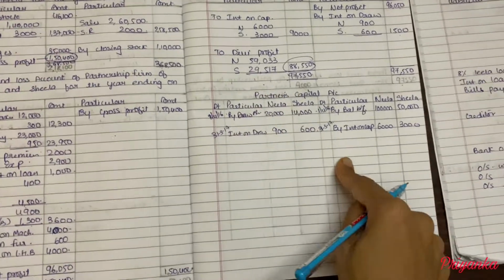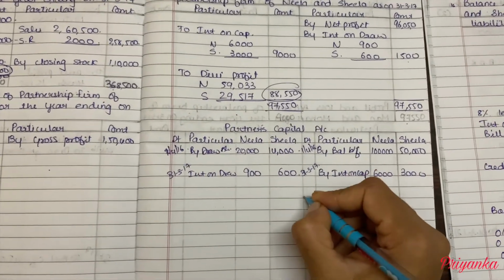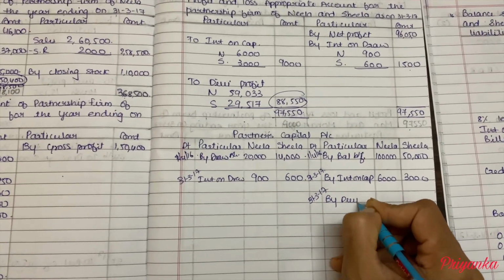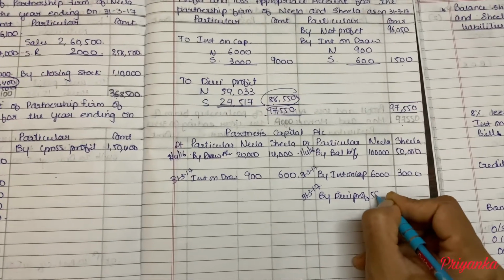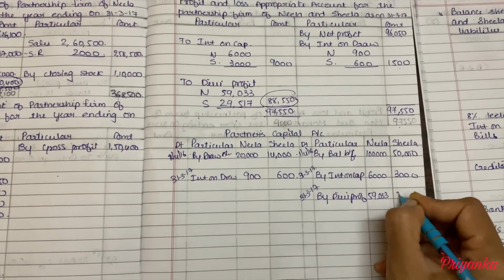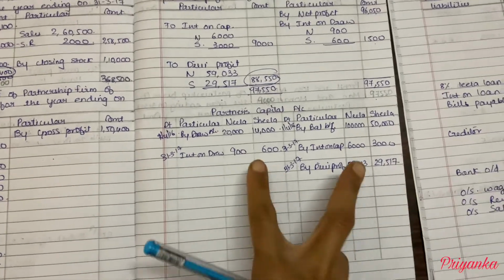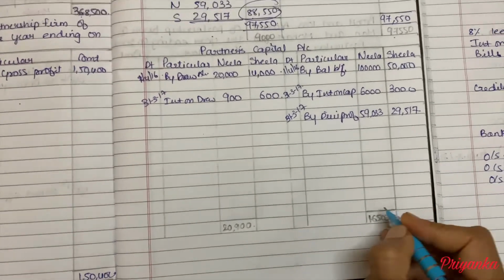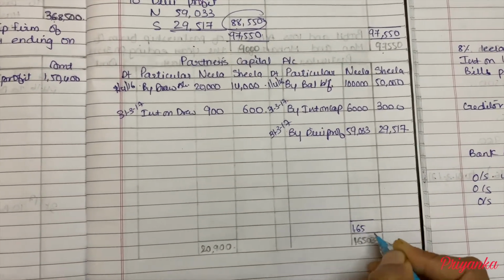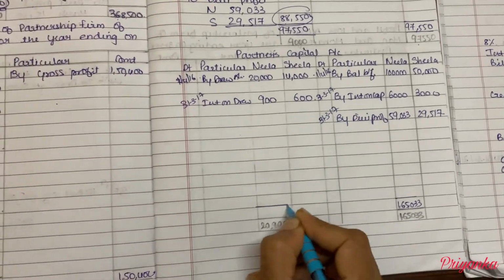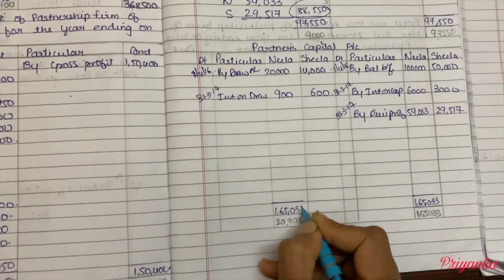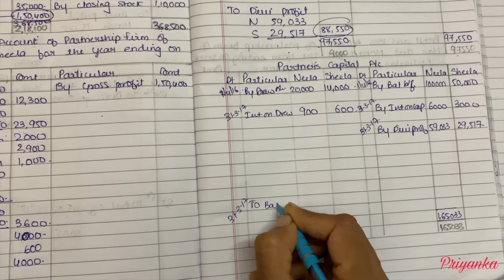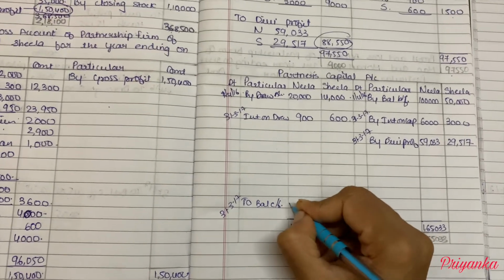These will move to the partners' capital accounts as at 31st March 2017 by divisible profit, 59,033 and 29,517. Now we'll make the total of only one partner, that is Neela. Here I got the total. Credit side is comparatively more, so I am making it fair. So the difference we'll find out over here by writing balance c/f, that is closing balance,